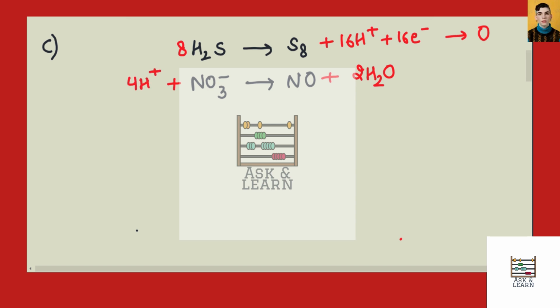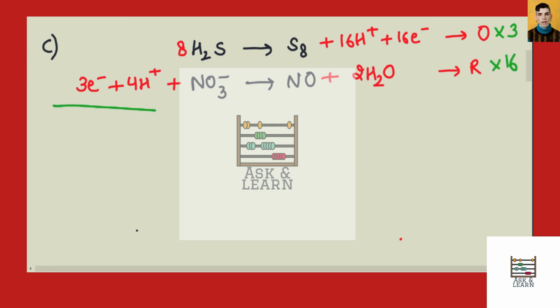Okay, so this is our reduction reaction because it undergoes gain of electrons. Now since we have to balance the number of electrons, we will multiply this with 3 and this with 16. Okay, and we will sum up the two